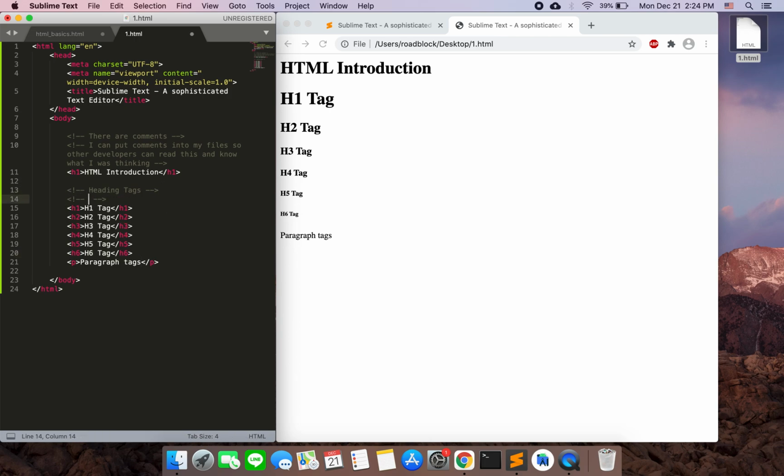So after each legitimate tag, HTML will have a line break before and after. What is it meant by legitimate tag? Illegitimate